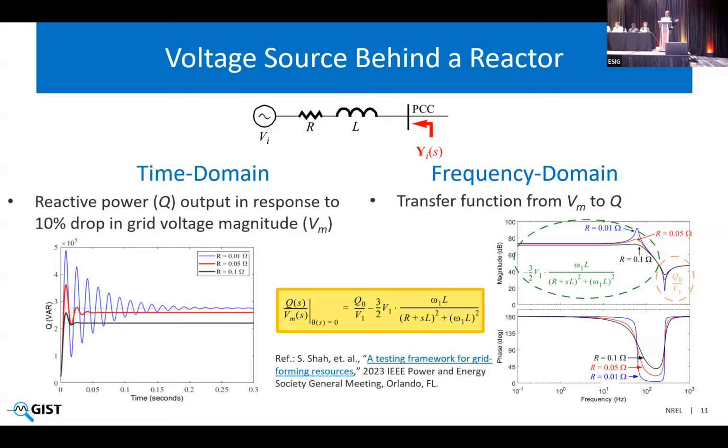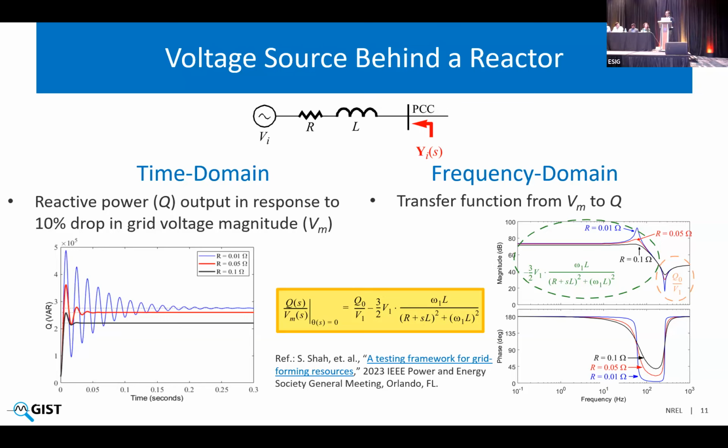The challenge with this approach is that the response is hard to specify or quantify, like develop specifications around, because the response can change with different grid conditions. For example, if you have a very strong grid and you do this test, the inverter will dispatch a lot of active or reactive power depending on the disturbance because it doesn't have any impedance to fight against. Now, if you do the same test with a very weak grid condition, there's a lot of impedance in front of the inverter. It might not react the same. Now, how do you specify? Do you specify for weak grid or for strong grid?